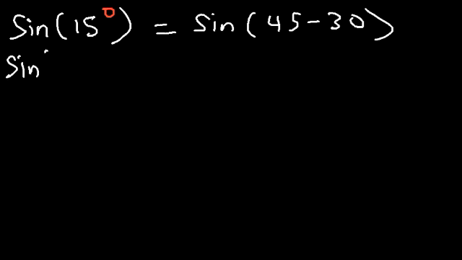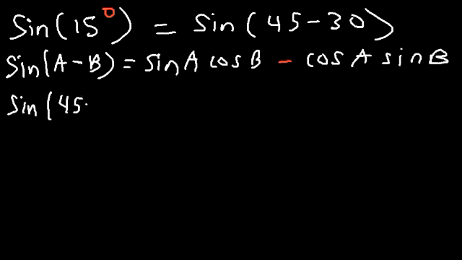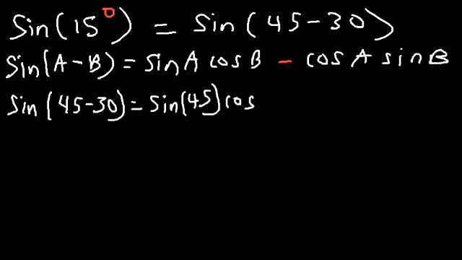So sine A minus B is equal to sine A cosine B minus cosine A sine B. So sine 45 minus 30, so A is 45, B is 30. This is equal to sine of 45 times cosine of 30 minus cosine 45